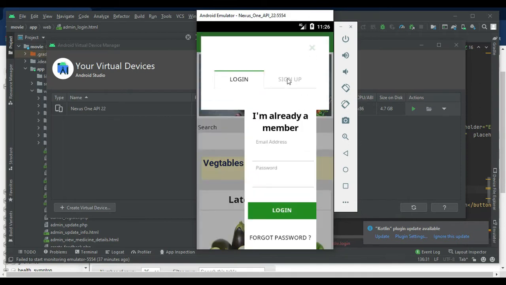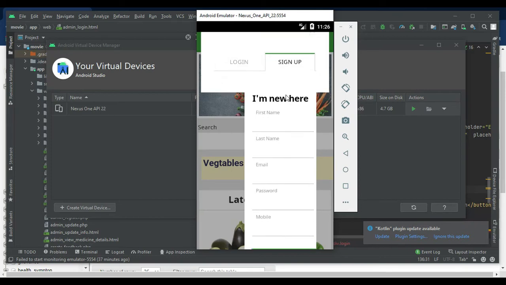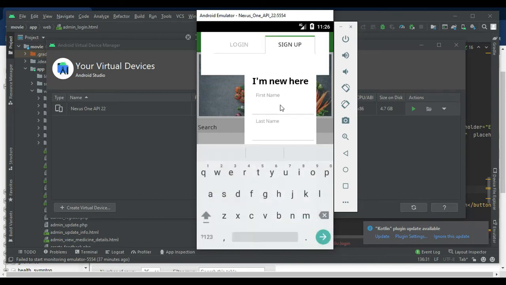So now we are going to register a new user login, as a customer login. So you have to fill up the sign up basic details.